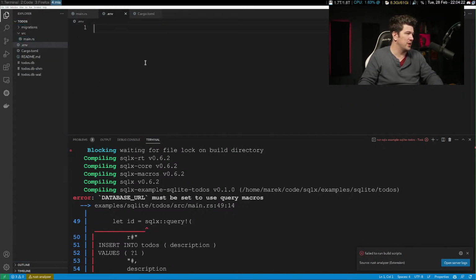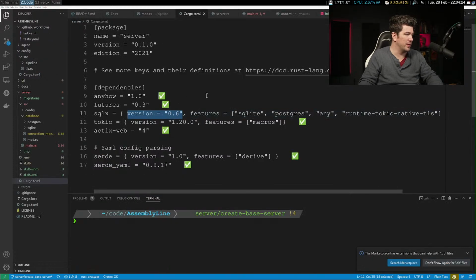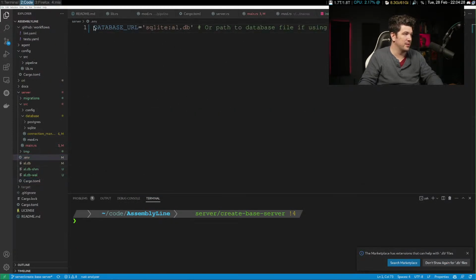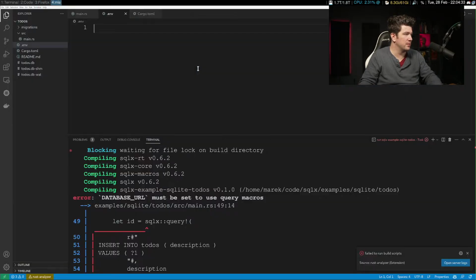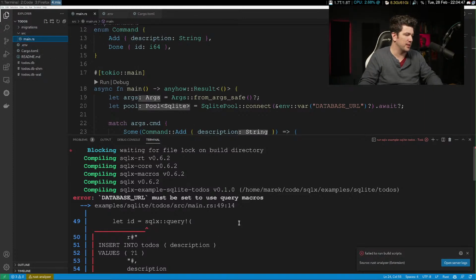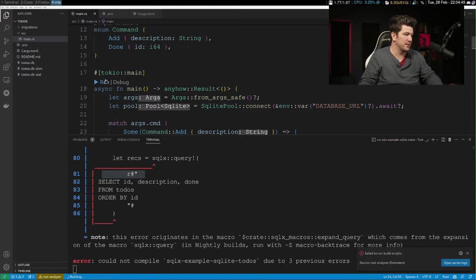And in here, we are going to... we're just going to copy what we did here, except we're going to update it. Like I said, SQLX was a little weird to me. It was a little weird. But to-dos DB. There we go. Now this should work, right? This is going to work. No.